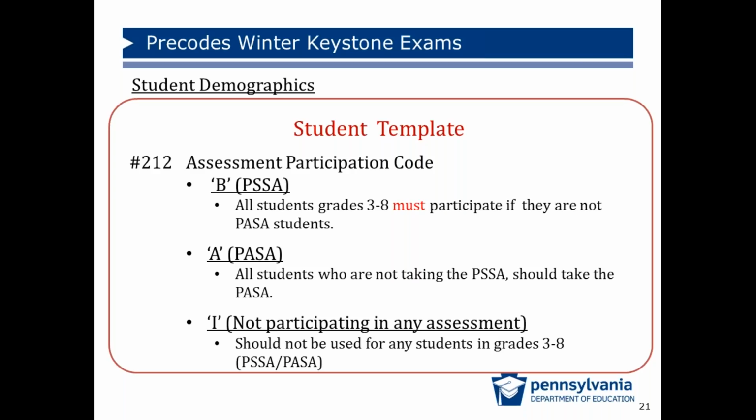that PowerSchool changed the default setting from I to B, and the LEA would now go in and only change the students to be I if it was necessary. Since this issue was identified, the plan moving forward is that PDE will be monitoring the number of students coded as I in field 212, and we'll be sending a letter to the superintendent or CEO of the identified LEAs, informing them of the number of I codes that are being used in the LEA. So, if you have 100 I's, we would let your superintendent know that